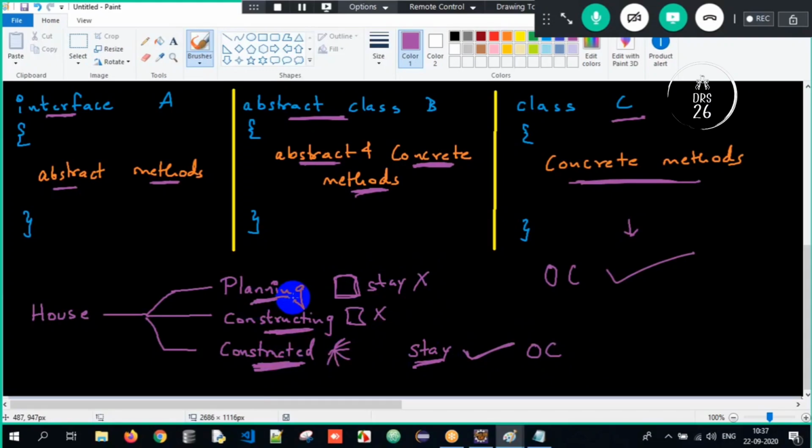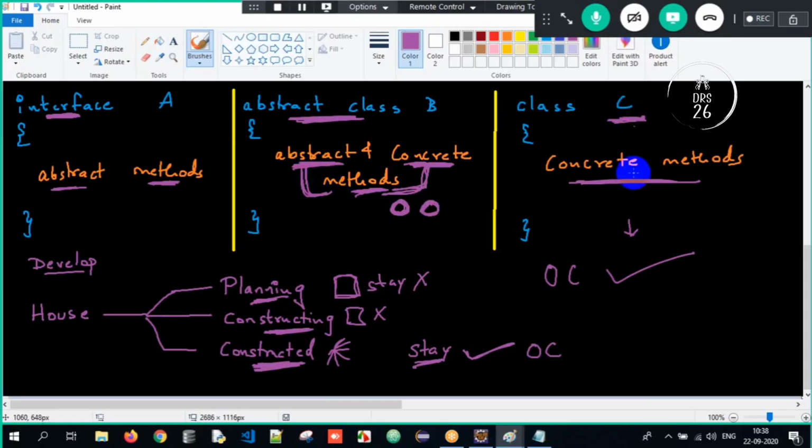Got it here? So here similarly, once you develop any project over here, once client comes to you and explains the requirement over here, you will first jump into interface layer wherein you know what to be done. Only abstract methods, you know what all to be done, but you have no idea how to be done yet. As a developer, you are just planning, you have not yet done how to do it. Later is the abstract layer, abstract class here, wherein you know the implementation for a few functionalities and a few functionalities you have not yet implemented. So it's abstract layer. Half methods you have successfully developed, half methods you have not developed yet.